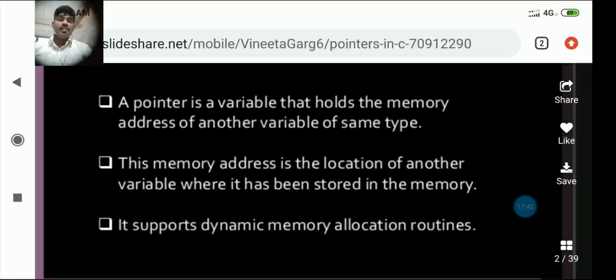It's not the name of the variable, it's the memory address of the variable. Got my point? It stores the memory address of the variable. This memory address is the location of another variable where it has been stored in the memory.